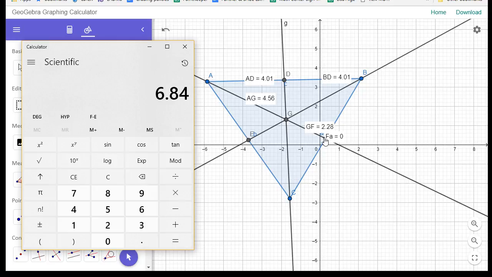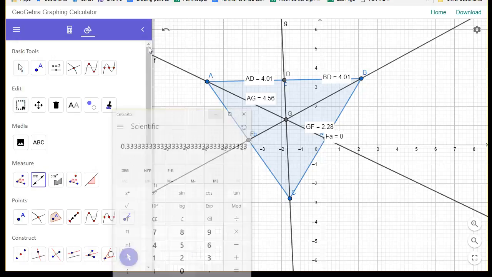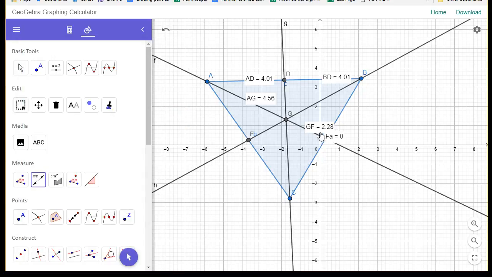And what's neat here is, watch what happens when I divide 2.28 by 6.84. I get 0.3 repeating, which is exactly the same as 1/3. And for those of you that don't remember, 1/3 is this. I'll show you. You just do 1 divided by 3, which is 1/3, and then say equal, and sure enough, you get 0.3 repeating. So the point that I'm trying to make is that this distance from G to F